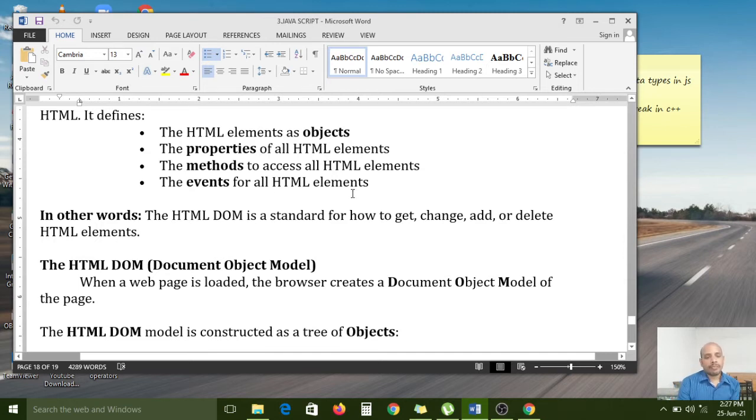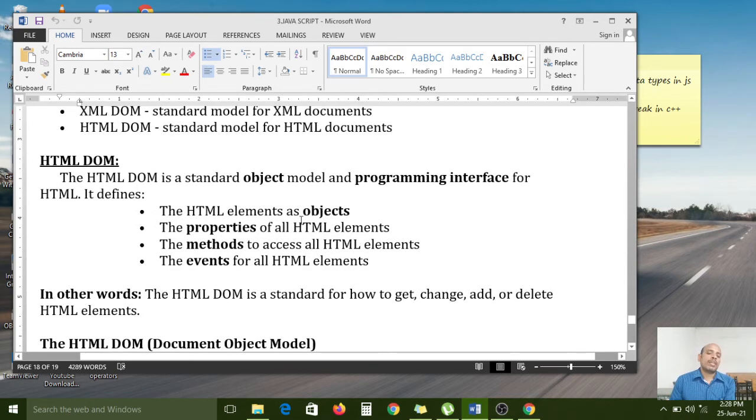So in whatever program you have developed, if you want to execute that program, while running time each and everything is treated as an event. Nothing but the document opened in the browser is also called one of the events. After that, if in your program you have a button and you click that button, it will generate some action. That action is also called one of the events. So the HTML DOM supports HTML elements and properties, methods, events.